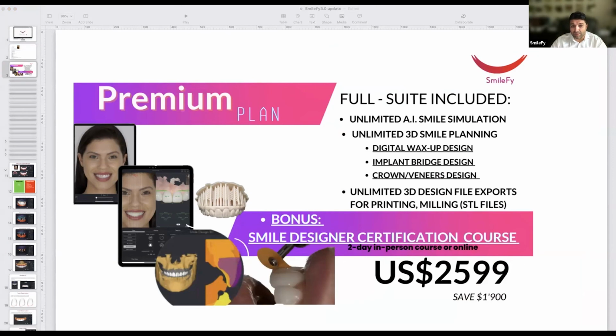In the meantime, I'm going to open also the case with the DICOM file, and then we can also take a look. So we do have a special offer, with all the CAD features and the DICOM files and everything we have inside the app. It's called the full suite, the premium plan, right?